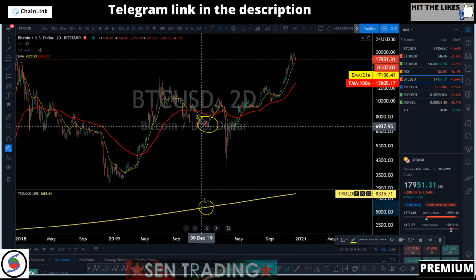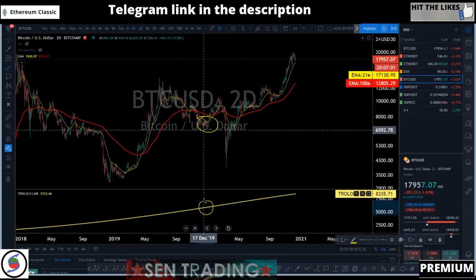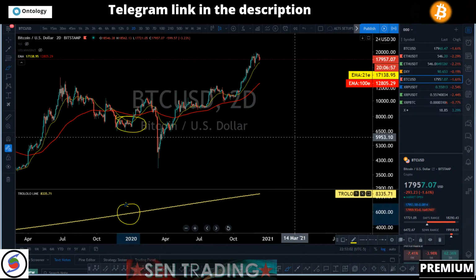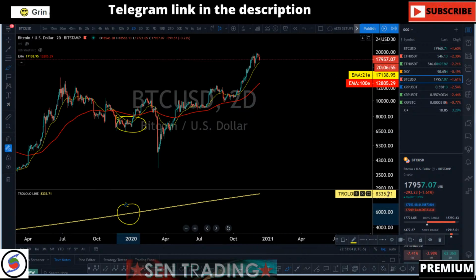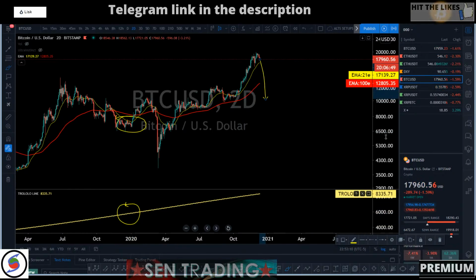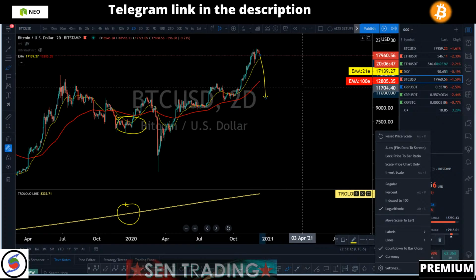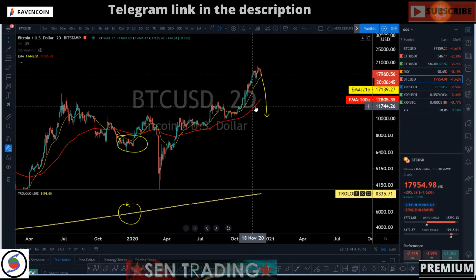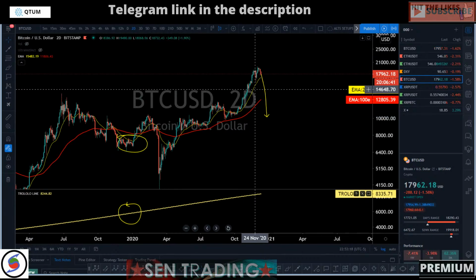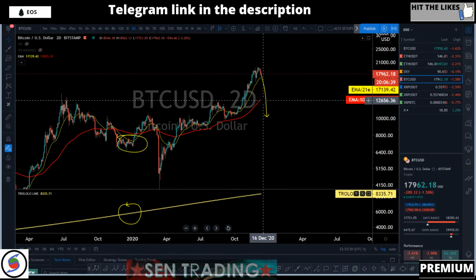BTC was at 64, and right now the trend line is at 83K. I don't think BTC is going to retest it right away, but at some point BTC is going to dip below it. I'm not sure if that will be during this bull market, or if we're going to retest it in the next bear market. You see what I'm saying?